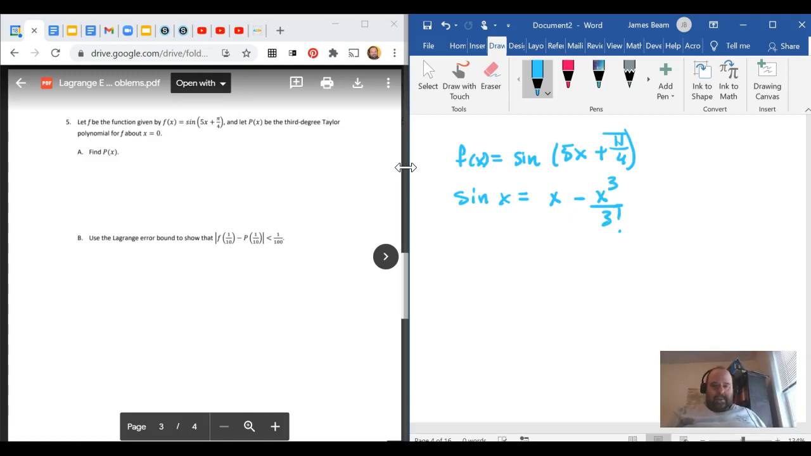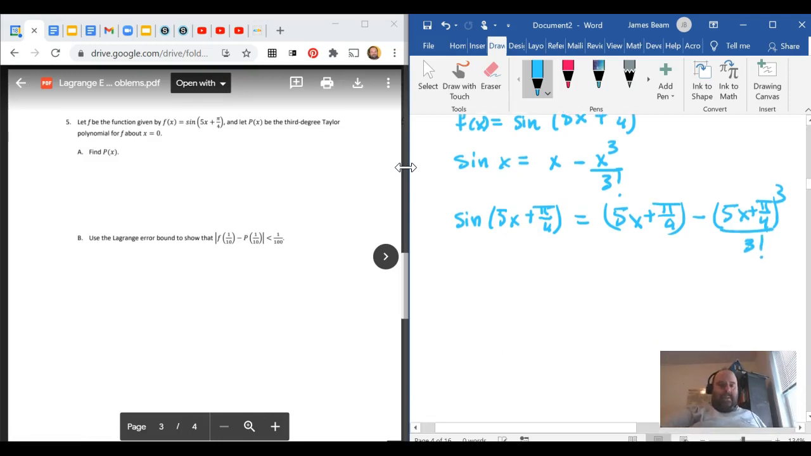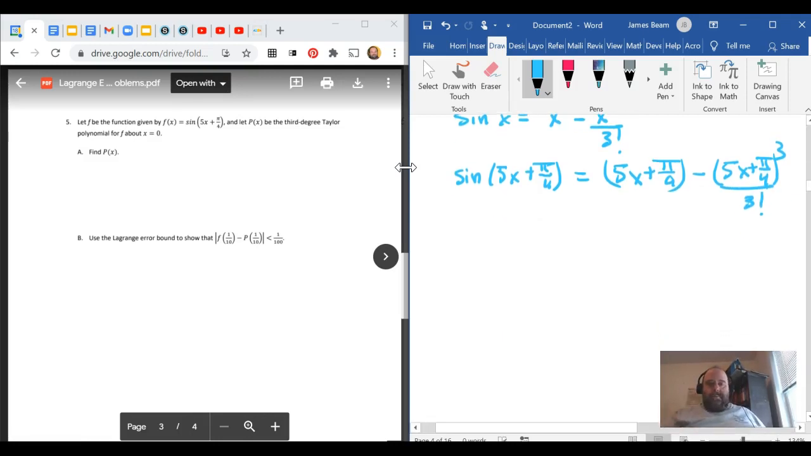So the third degree Taylor polynomial for sine of 5x plus pi over 4 is going to be 5x plus pi over 4 minus 5x plus pi over 4 cubed over 3 factorial. There it is. That's the third degree Taylor polynomial. Awesome. So that's part A. We're done. All right, so part B. Use the Lagrange error bound to show that f of 1/10